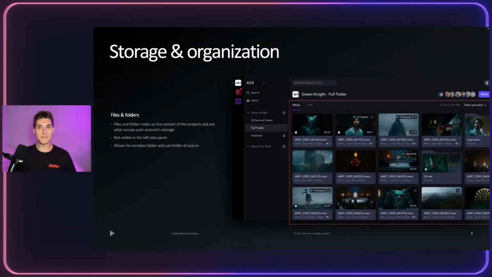Files and folders then make up the content and what exists within projects. Ultimately, this is what occupies your account storage. You actually do have to click into the project in order to see all of this, but something that's cool about this media panel here is that you can create a ton of folders and really structure this based on